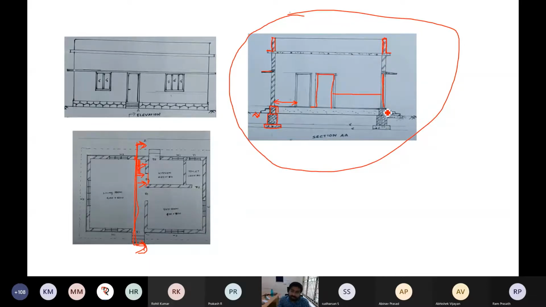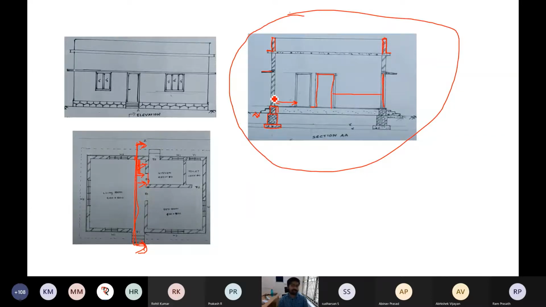Then after that the foundation you have to show. Foundation normally you will show this way: one line, then dotted line, dotted line. This hatched line you will show for brickwork. Normally that wall should be brickwork, so the brickwork wall you will show this way. In AutoCAD all these things you can select. The foundation, everything is already there.